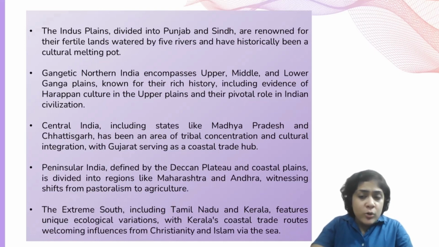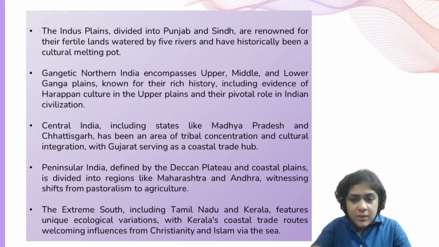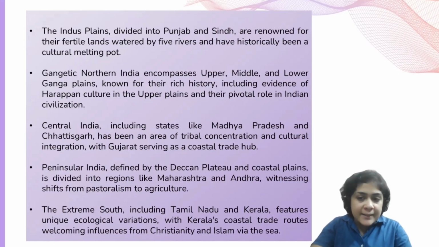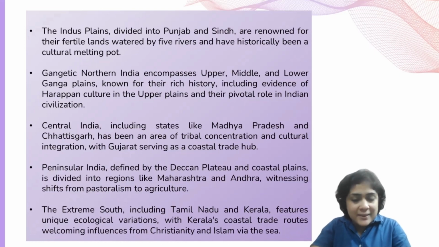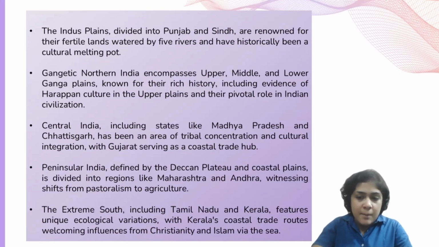Ecological variations have supported alternative, sometimes interrelated ways of life, as documented in the Sangam literature. The western coastal plain, extending further south, corresponds to the region known as Malabar or present-day Kerala. Kerala not only produces rice and other crops, but is famous for exporting pepper and spices to the west since the post-modern period. Despite its relative isolation by land, Kerala has been open to influences from Christianity and later Islam,